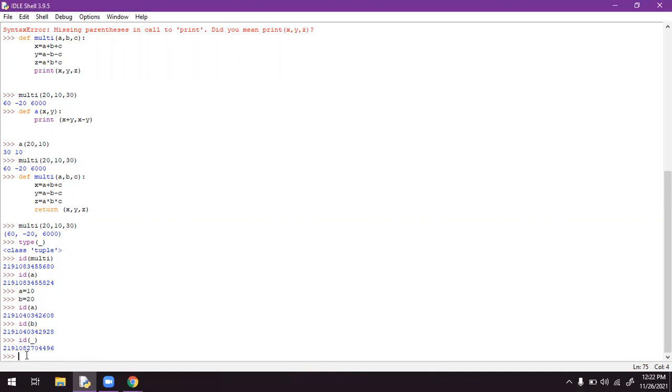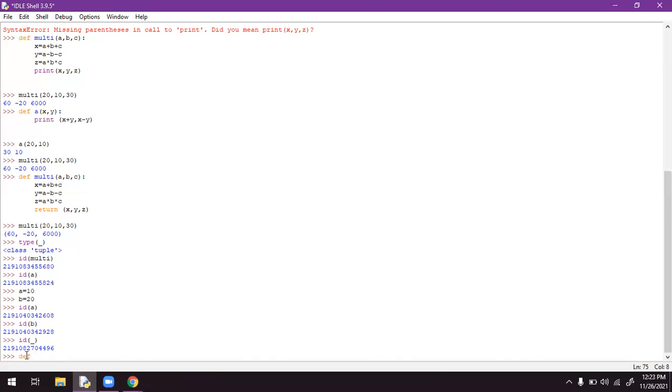Let me do another concept. What I want to do is enter names. I want to define a function in which I enter the names and the marks. So I have to assign some name.